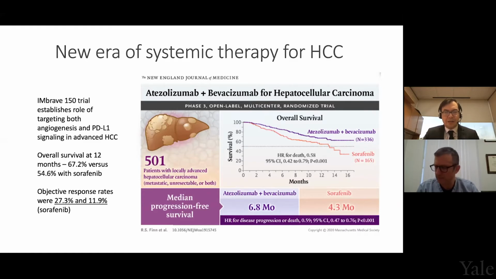So I start the lecture with this because it has shifted the way we look at this disease. And as interventional oncologists, very closely tied with treatment of these patients, I think it's important to understand the limitations of this new paradigm and how we can help improve the outcomes. In that line, I pointed out the response rates. Even with the best available systemic therapy, we get response rates that are less than 30%, compared to sorafenib, which is about 12%.